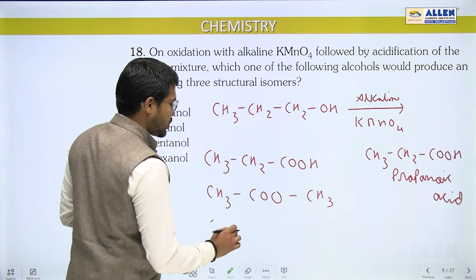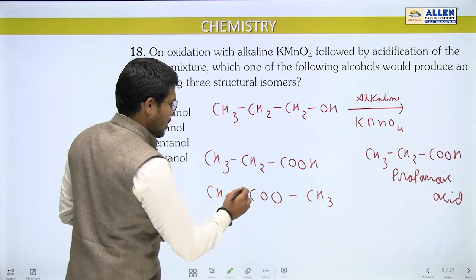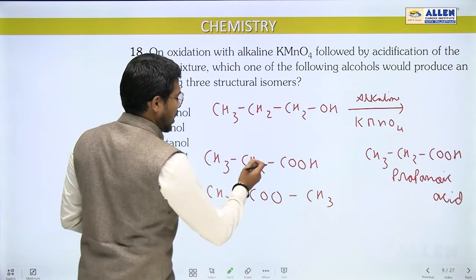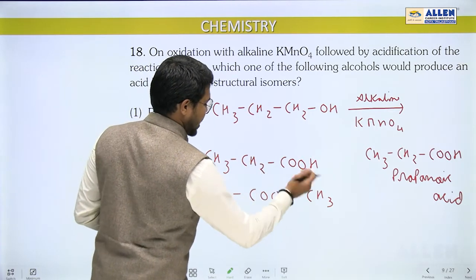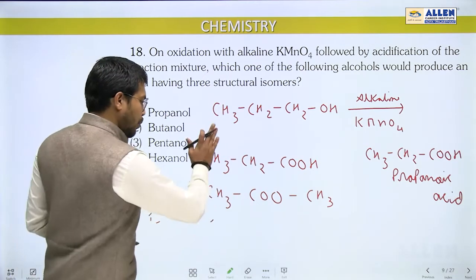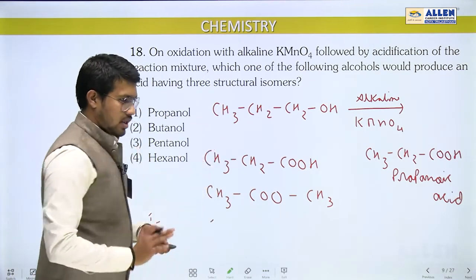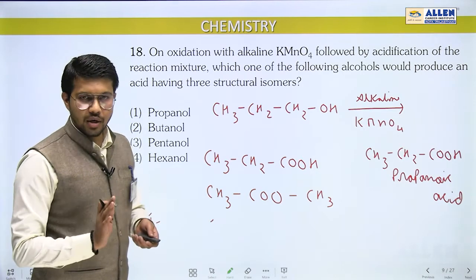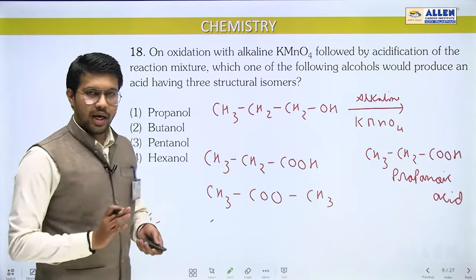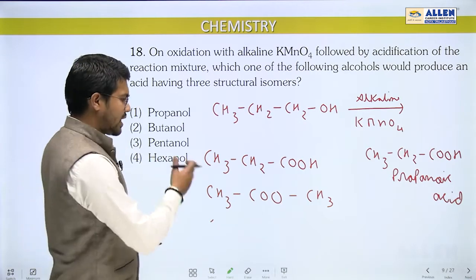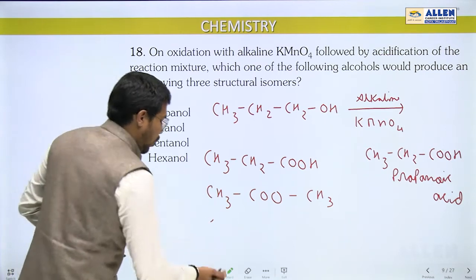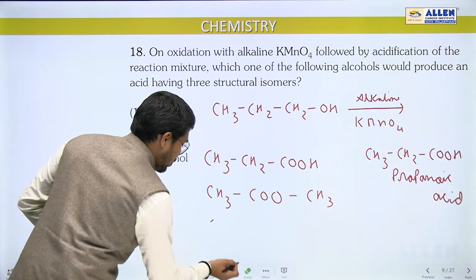How many oxygen atoms? 2 oxygen atoms. And how many hydrogen atoms? 3, 4, 5, 6. Again, this structure also contains 6 hydrogen atoms. So both these structures are isomers of each other, correct? Having the same formula but different structures, or we can say they have different functional groups.